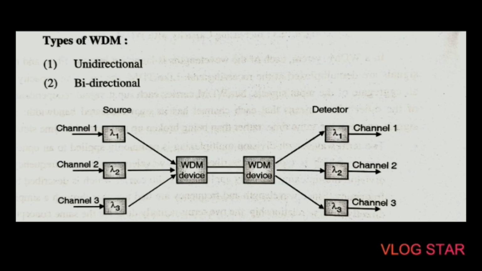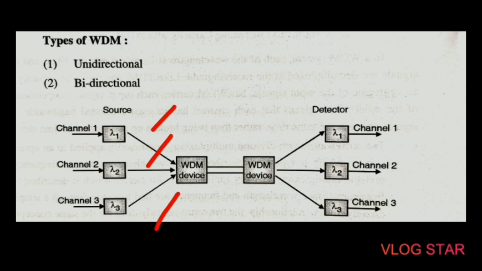There are two types of WDM. The first is unidirectional WDM and the second is bidirectional WDM. In the figure, we can see the unidirectional WDM system. Here the WDM increases the carrying capacity of the physical medium, or we can say fiber, using a completely different method from TDM. WDM assigns incoming optical signals to specific frequencies of light, or we can say different wavelengths, that is lambdas, lambda 1, lambda 2 and lambda 3, within a certain frequency band.